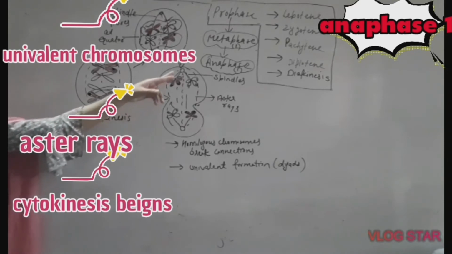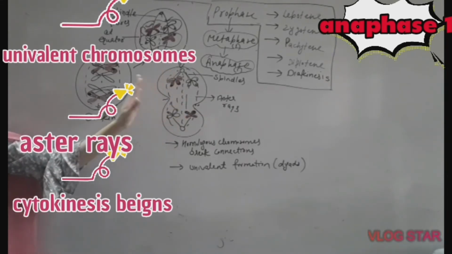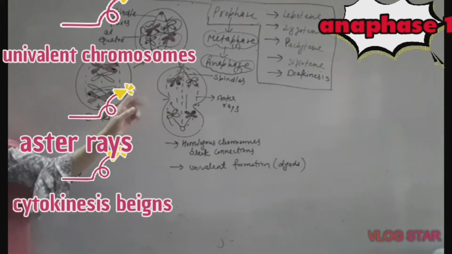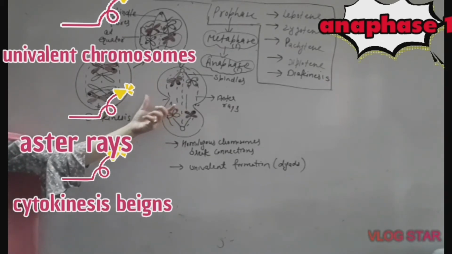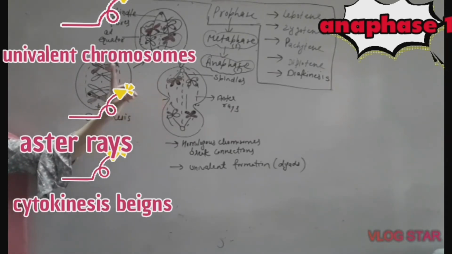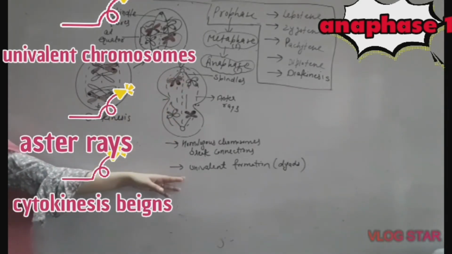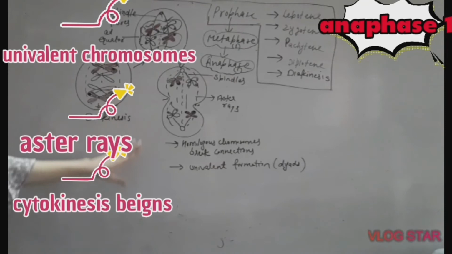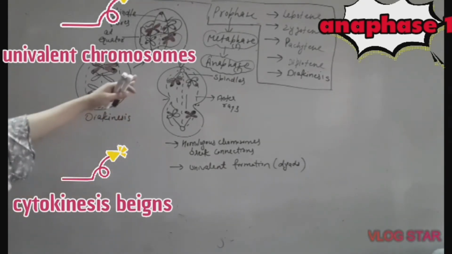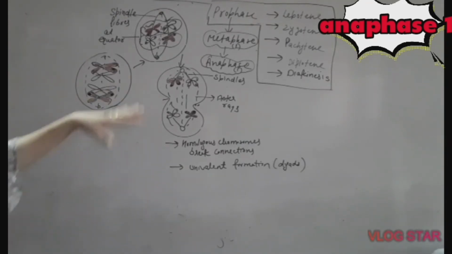Do you remember the lines which I have drawn, a straight dark one? These are spindles and these dotted lines are aster rays. So, what changes are observed in the anaphase? That is constriction of the cytoplasm. So, along with karyokinesis, cytokinesis begins in anaphase. First change. Second, the homologous chromosomes break their connections and they form dyads. They form univalents. These are the changes which are observed in anaphase. One more you can write is shrinkage of the spindle fibers. Now anaphase 1 gets completed.